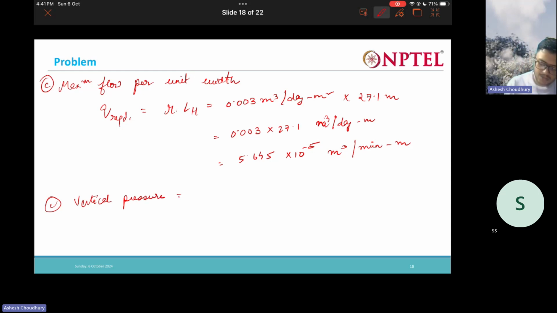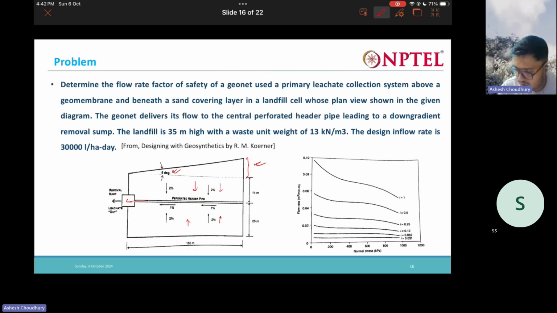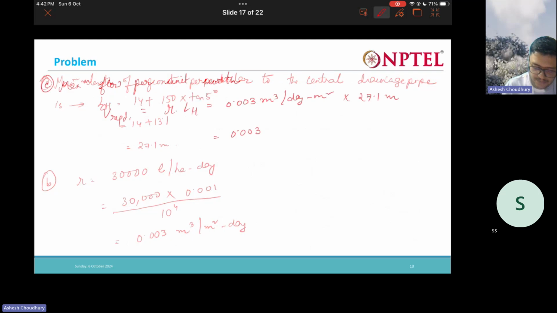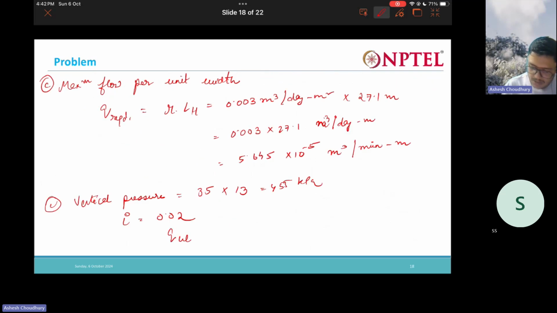Now vertical pressure. Pressure is 35, the height of the landfill, times 13, the unit weight, which is 455 kPa. And i is what? 0.02. So as I said, 455 and 0.02. i is actually very less, right? It will fall very less here. So we take it as 0.003. So Q ultimate is